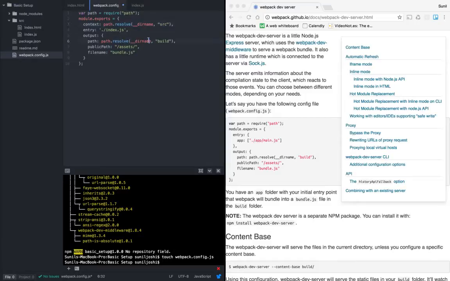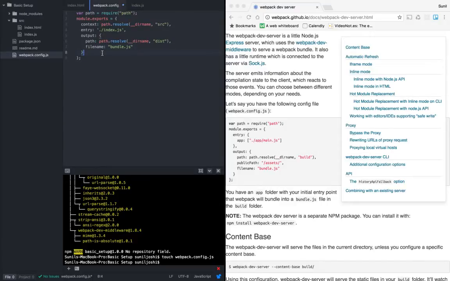And in the output, the default webpack config is telling me it's going to output into the build folder, but I like to call it a dist folder. It's more of a distribution than a build, right? It is also saying that the public path is assets. Let's not get this in the mix. It will add more. Let's keep it as simple as possible.